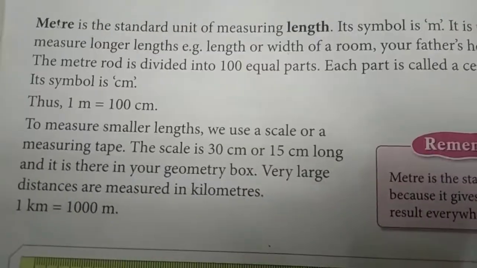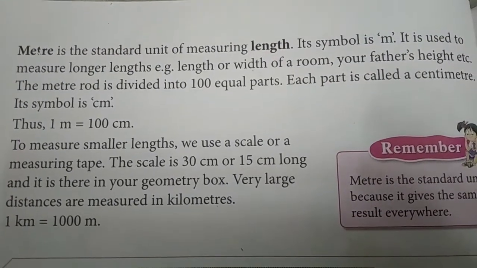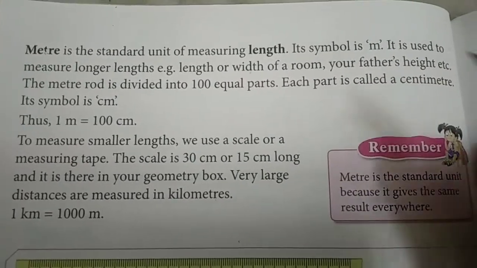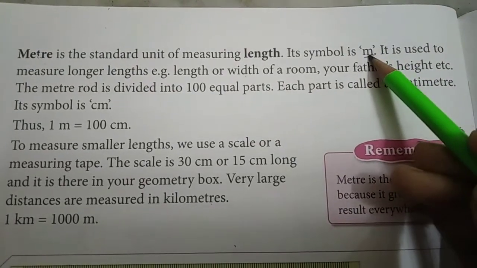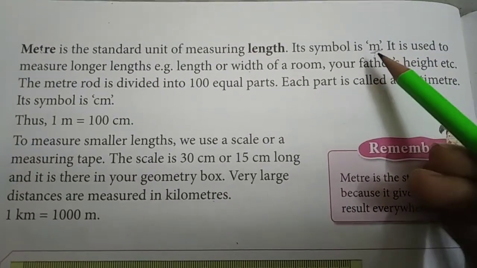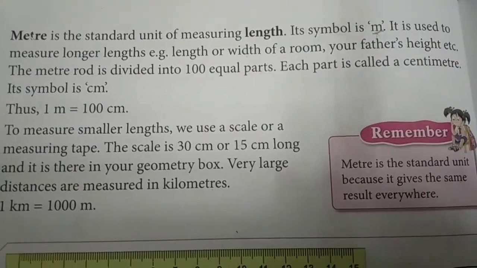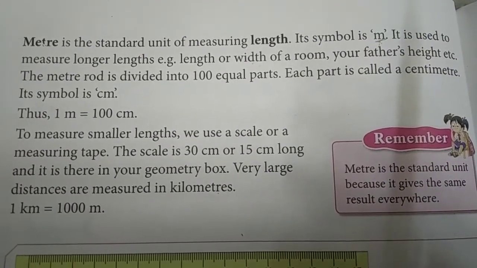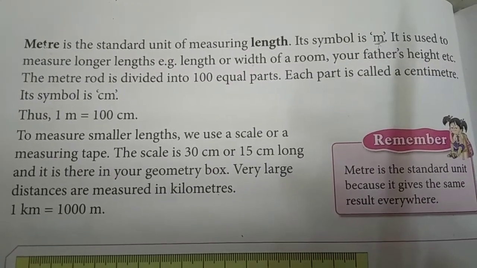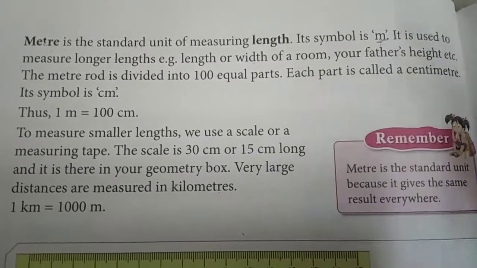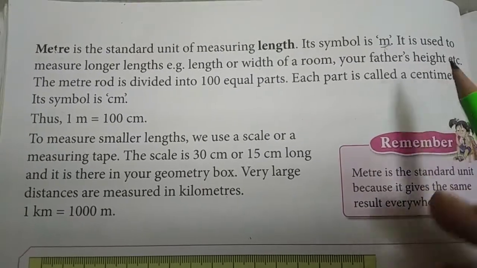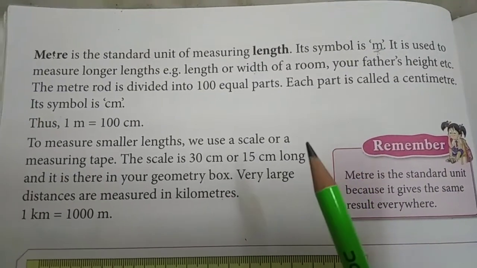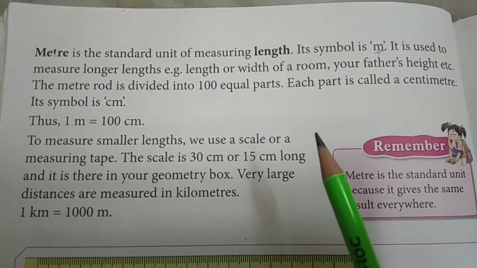Now, always remember that the symbol for meter is m. Okay, so you can see here, this is the symbol for small m. For example, if I say that this particular curtain is of 1 meter, then I will write 1 m, small m. Now, meter is always used to measure longer things like your room or a sari or a curtain or anything.